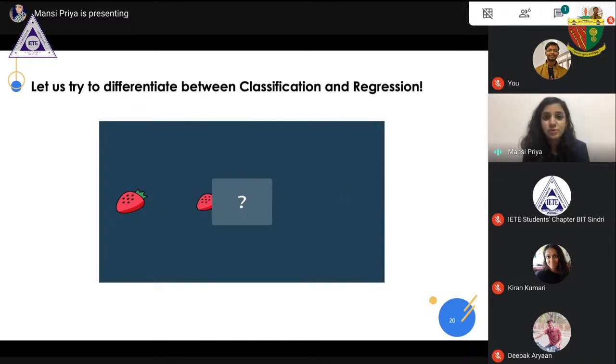As I can see, the majority of you have given the answer as regression, and yes, you are all right. This is a regression problem because the output that we are trying to predict is a number, and it can be any number. The height can be anything. Here it is 2 centimeters, 5 centimeters, 7 centimeters, or it could have been 3.5 centimeters. So what we are trying to predict is not classes, but rather a quantity. That is why this is a regression problem.